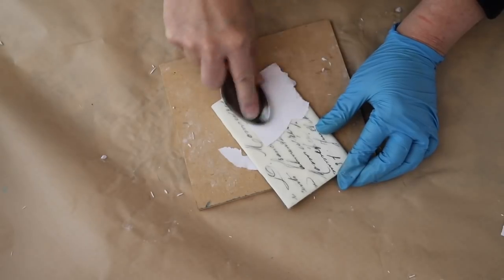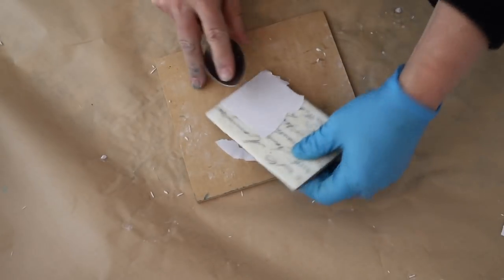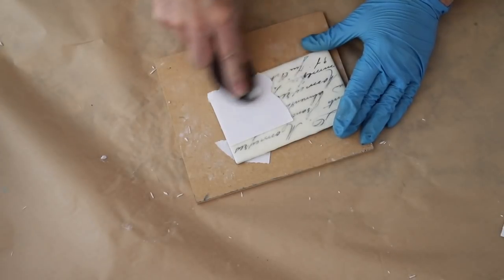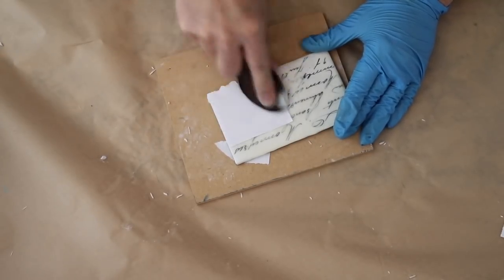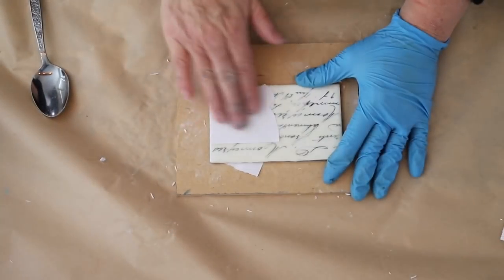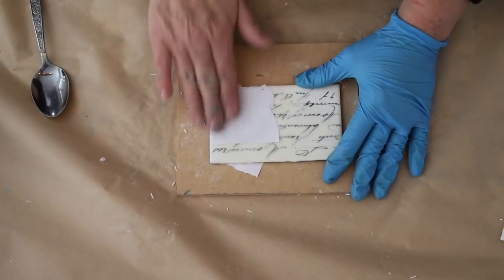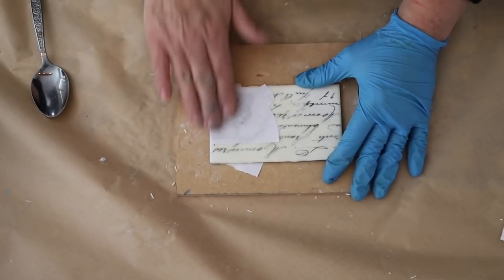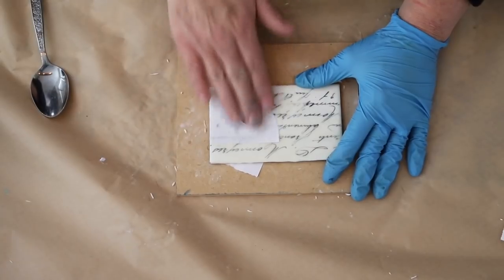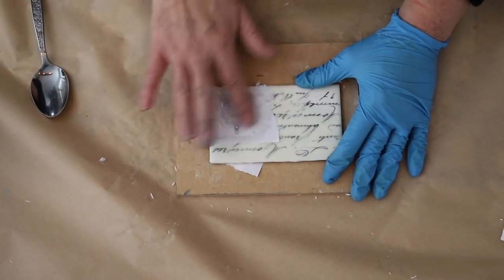And as you saw, this transfer is of a Victorian bird cage, and I will again leave the link to this exact bird cage that I used on the blog post for this week. And again, I'm going over, you can see I'm turning it every single which way. I'm going in circles, I'm going straight across. I'm doing everything I can to make sure that there's a bond to every single inch of that bird cage